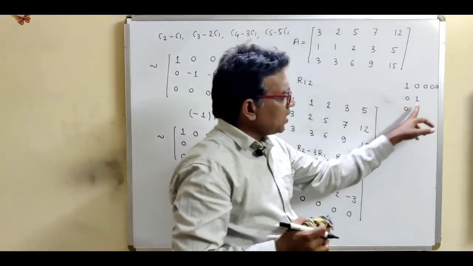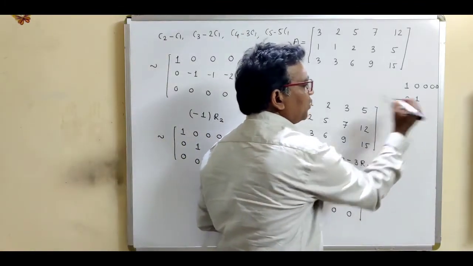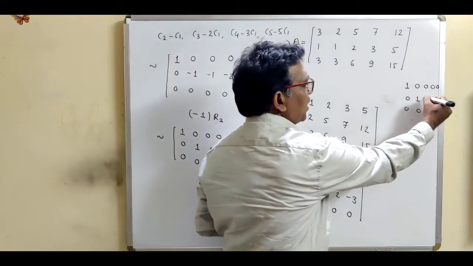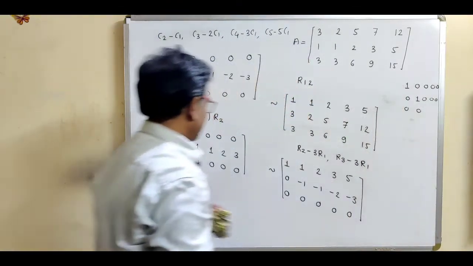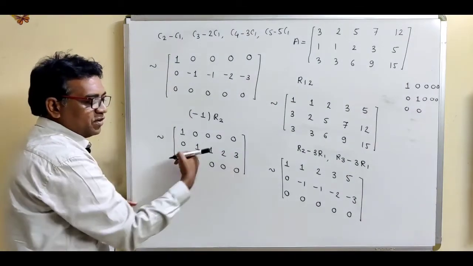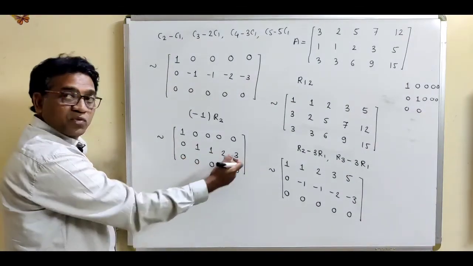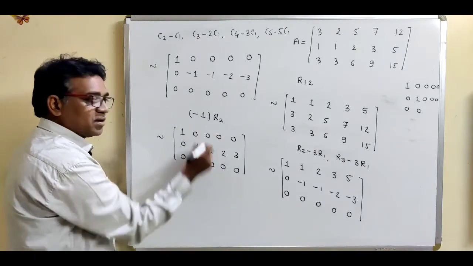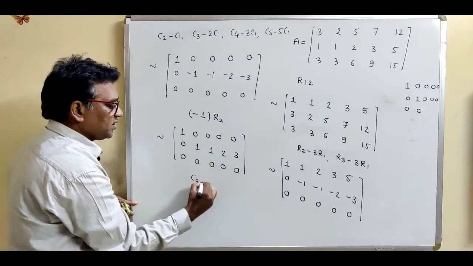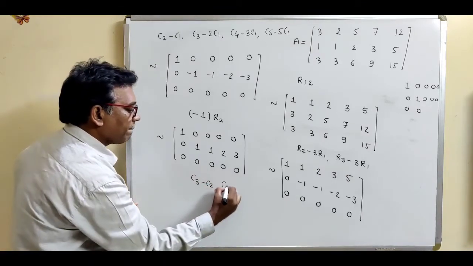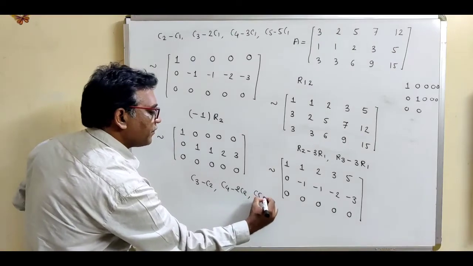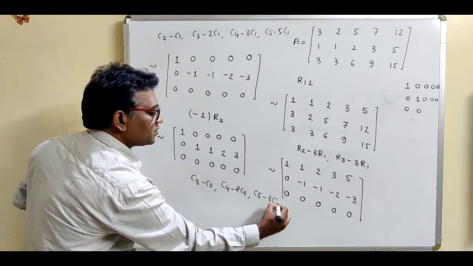Now by using this one, make the corresponding column 0. Now already there is 0. And by using this one, make the corresponding row 0. So make these 3 elements 0. So for this side element, again we use the column operation. So make this element 0. So this is the third column position. This is C3 minus C2, C4 minus 2C2, and this is C5 minus 3 times C2.